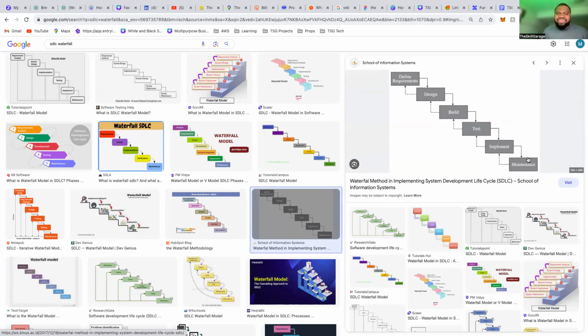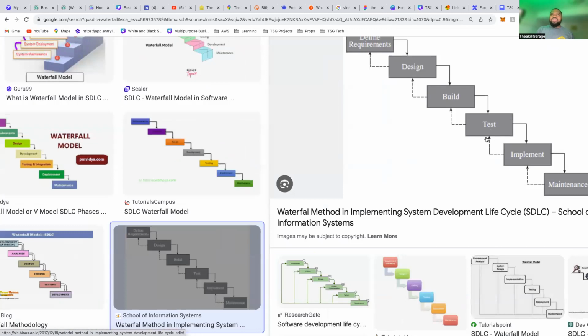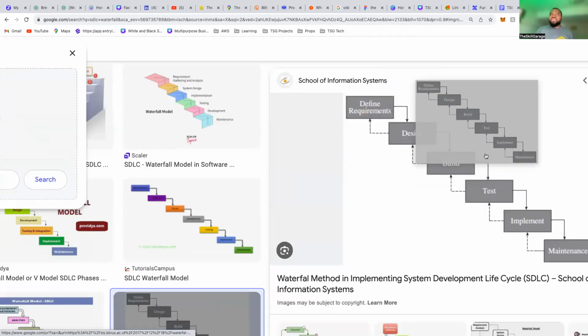The internet is bad. Can you guys see what I'm talking about? Why you need relevant information. I've just looked at several pictures right now and they're all wrong. Look at this one, it's writing implement after build, test, implement. But I get what they're saying. And this is why you need a coach. Sometimes you can look at these things online and you can just be confused.